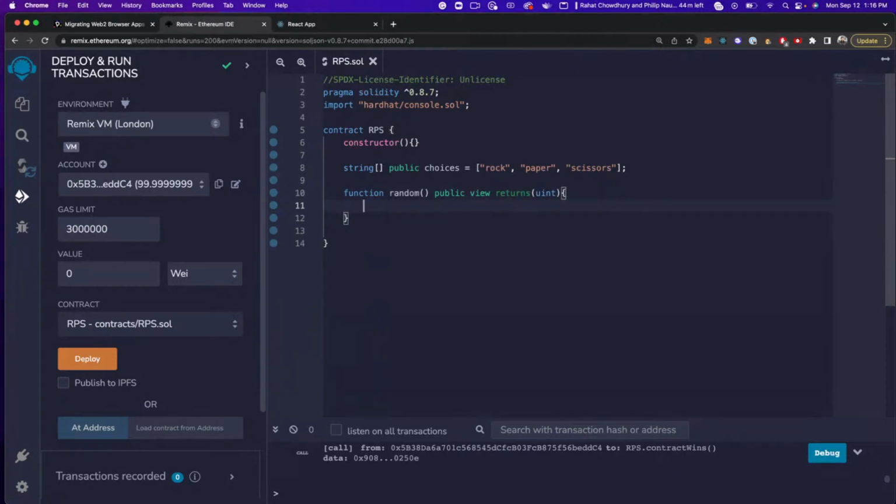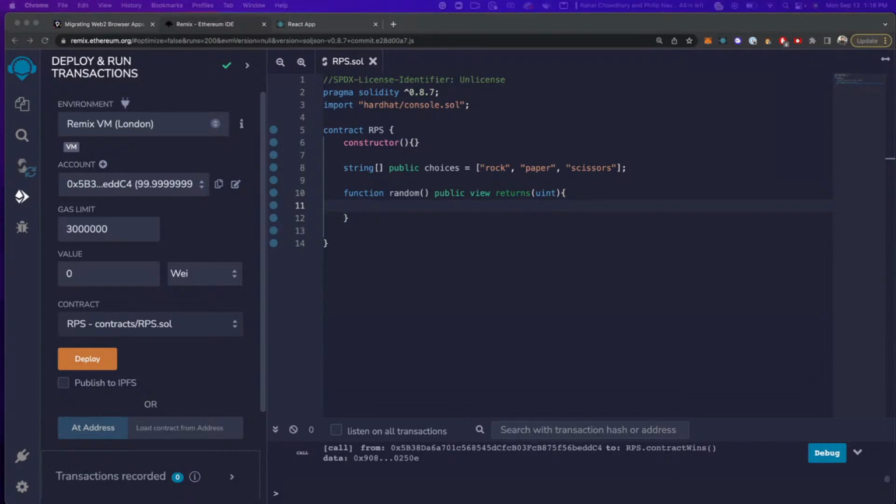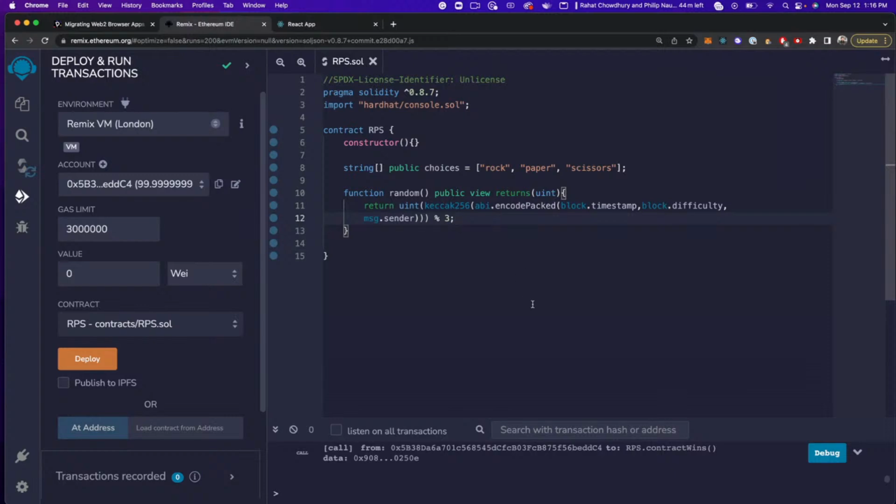And basically, I want to get a specific index of the existing array, which just has 3 indexes in it. So this part I'm actually going to copy and paste because I don't want to spell anything incorrectly, but I'll go over this with you. What I'm doing here is taking the block.timestamp, block.difficulty, and the message.sender, and running all of these values through this abi.encodePacked, which will return some amount of bytes, and will then be put through the Keccak